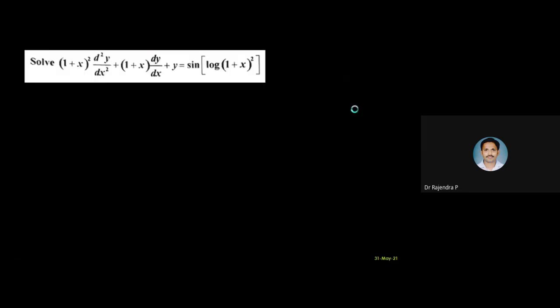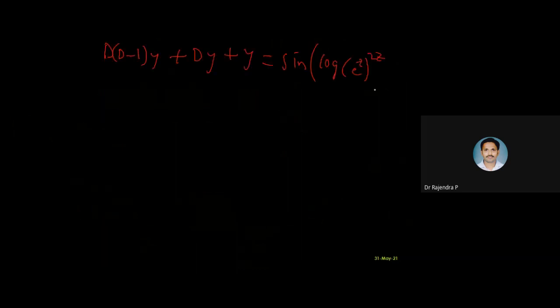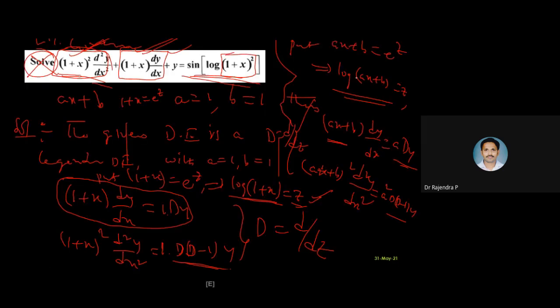I think 1 plus x, I can take it up in this way. So correct only. So z e power z, I am taking this z multiplied here, 2z will come to the front side, 2z into log e, that will be 2z only. This is one way. The other way is here.